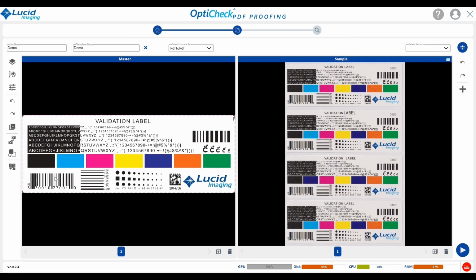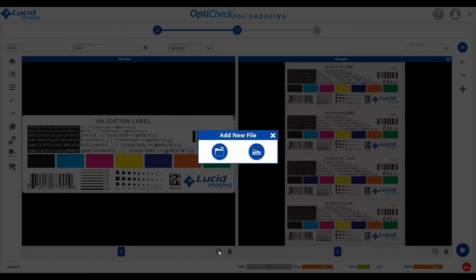Next, coming to Add Braille Region button. By using this, user can draw Braille region for inspection if it is available in the loaded master. Here, user can also add multiple pages by using Add Page button. On clicking on it, Add New File form will be displayed. In this form, we can add pages by using File mode or Scanner mode.